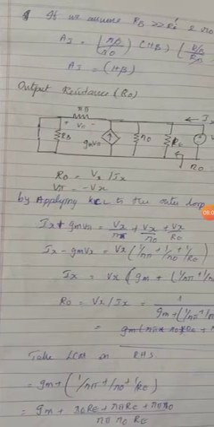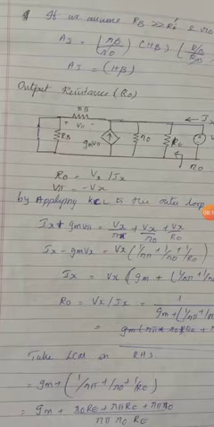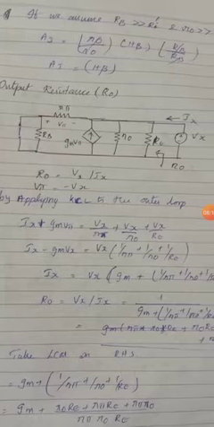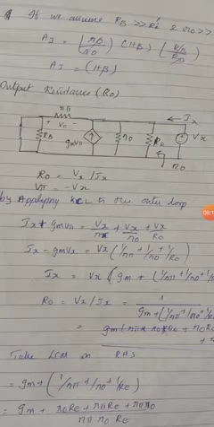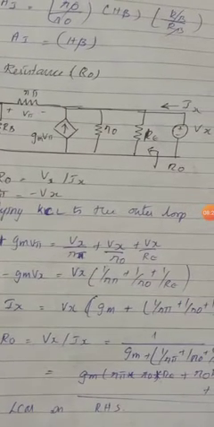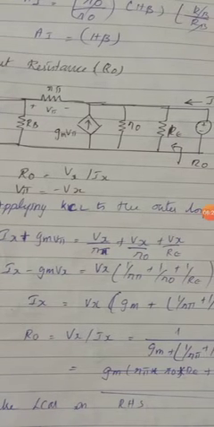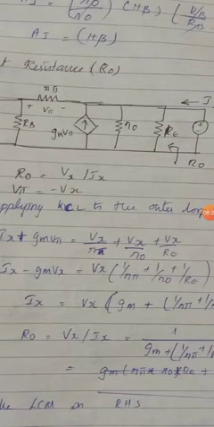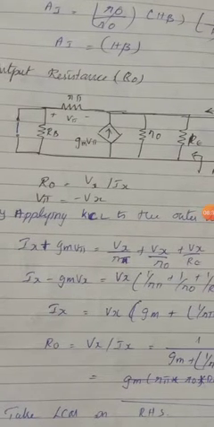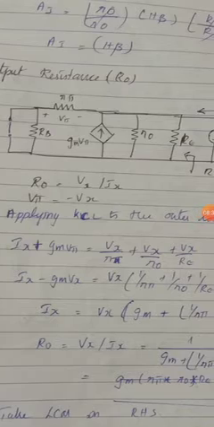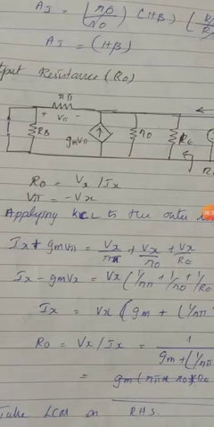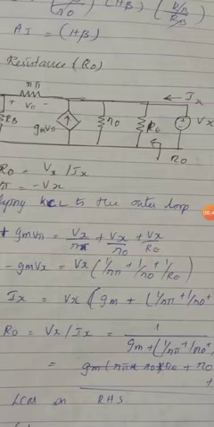Next we have to find the output resistance. For calculating output resistance, we have to short circuit the input source, and we have to look back from the output. So for that we have drawn the circuit. Output voltage source Vx and output current Ix are given there. R naught can be taken from that, Ro. So your Ro can be written as Vx by Ix, and we know that since the input is short circuited, this V pi can be given as minus Vx, because the V pi direction is inverse to the Vx direction. It is plus minus.